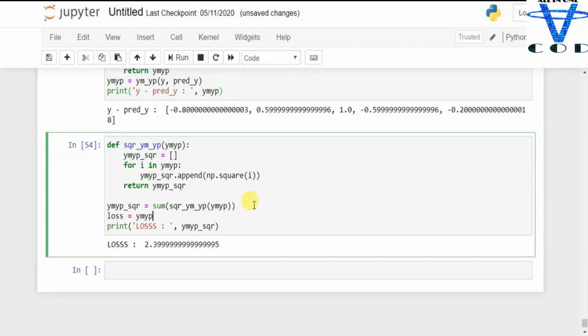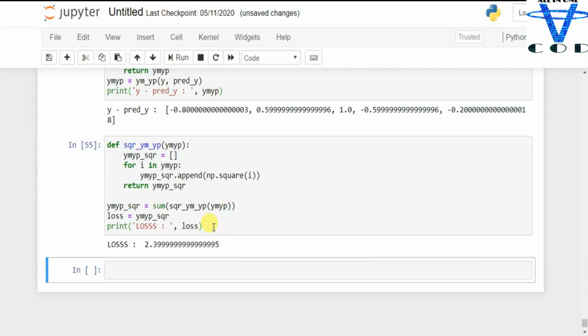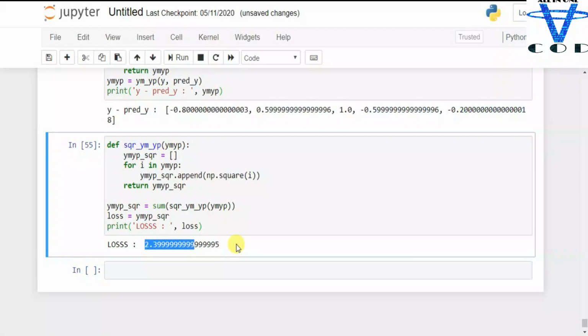The sum of the squared error for this regression line is 2.4. We check this error for each line and conclude the best fit line is the one having the least square value. So we keep moving this line through the data points to make sure the best fit line has the least square distance between the data points and the regression line. So how are we going to do this? That's it for today's section, and we are going to reduce the loss using TensorFlow in the next video. But that's how you can find the linear regression using Python.